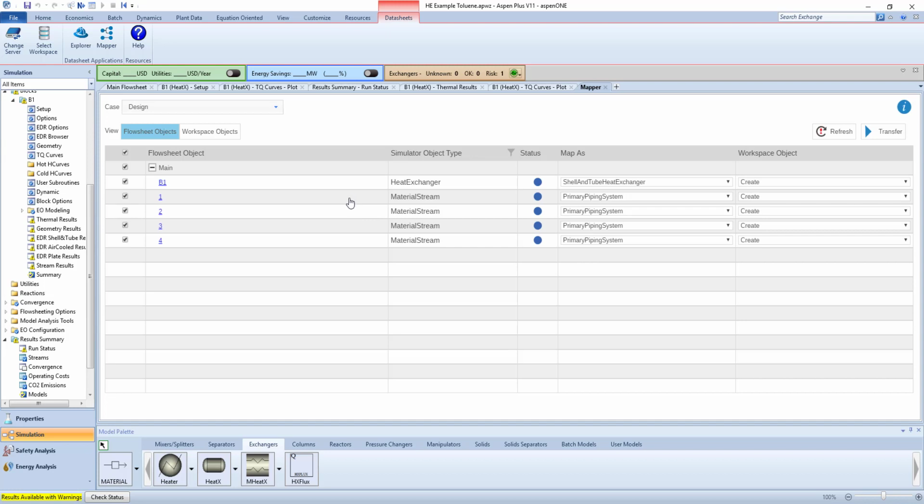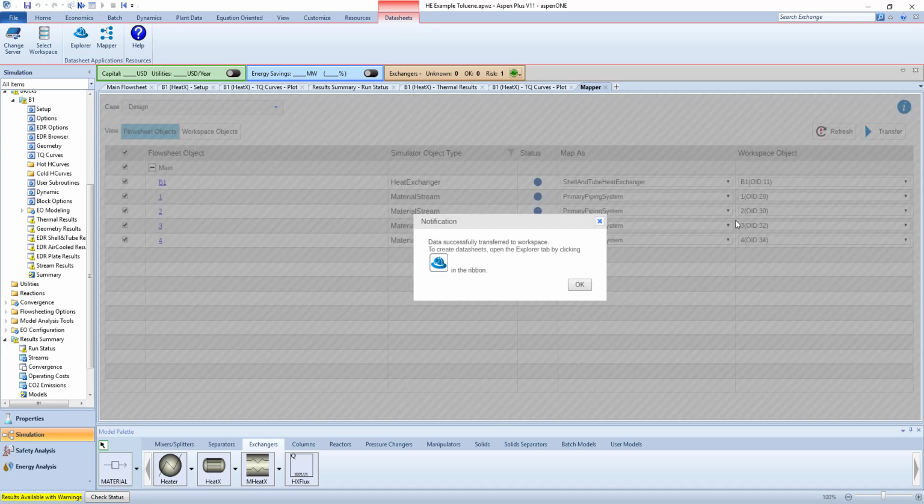Now what it has to do is take all of the values from our heat exchanger, stream tables, all of that, and transfer them and map them into something that we can read out in a single document. So it sees that we have 4 streams and 1 block,